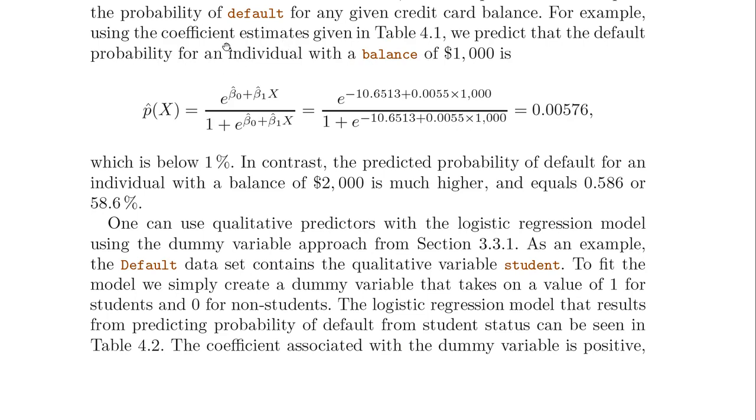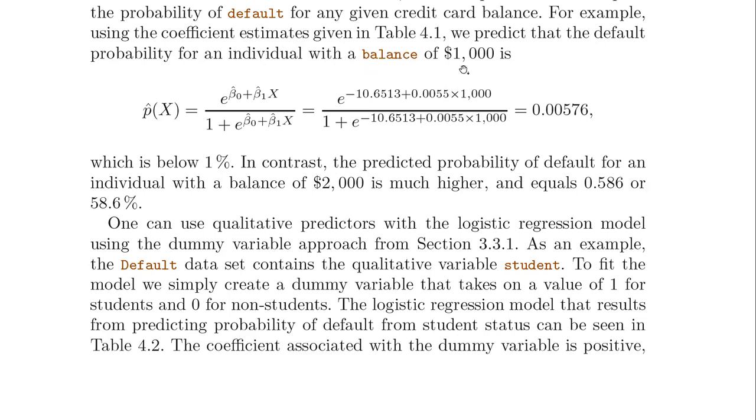So you take, for example, everyone on the books with a balance of $1,000, and you report back to her, on the basis of simply their credit card balance information,